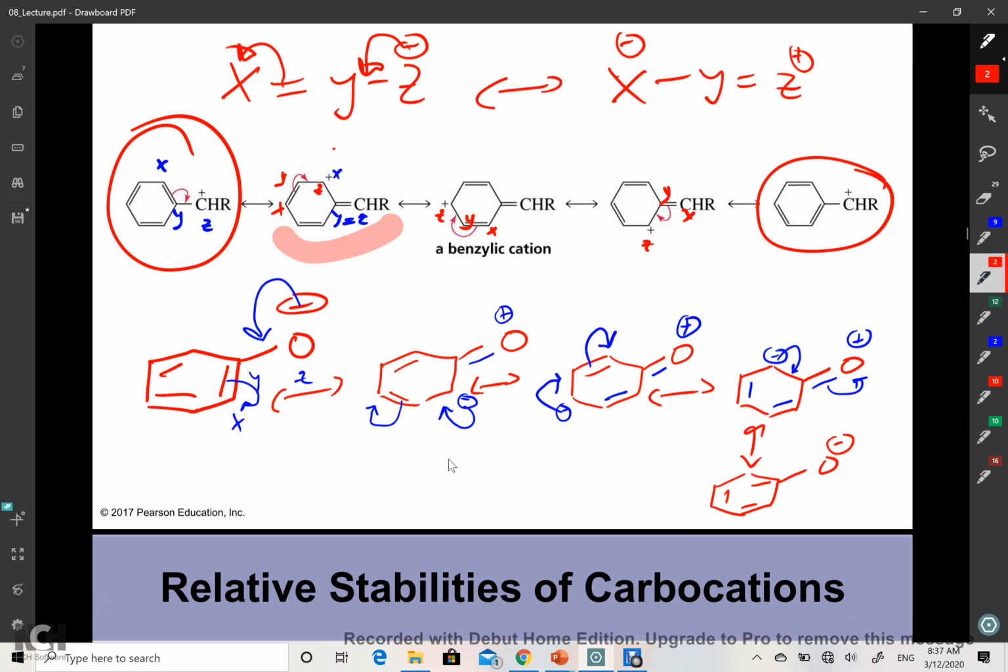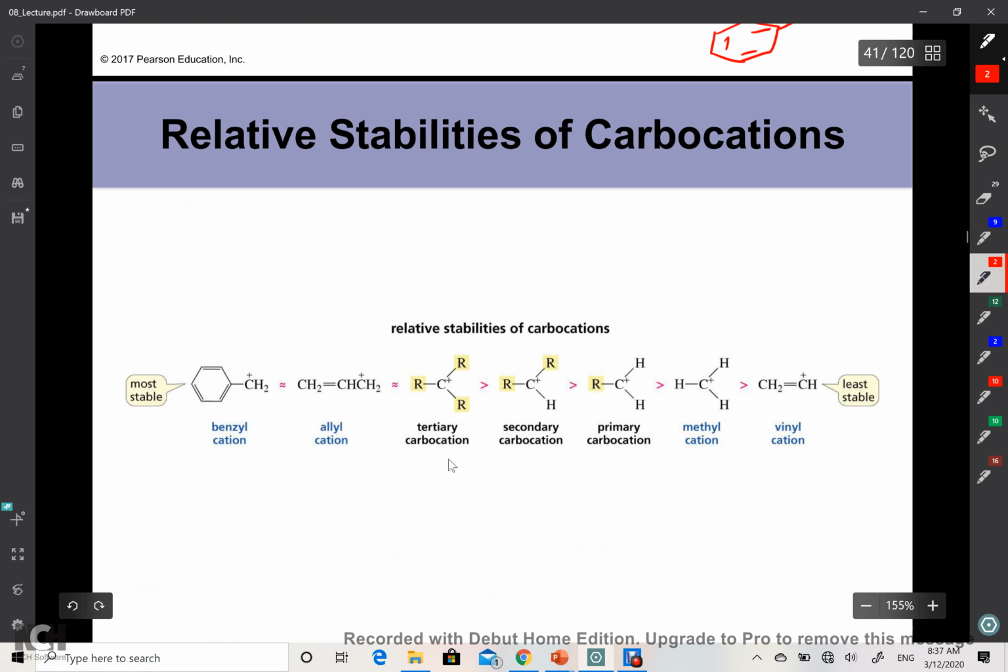Do we all have that? What I have on the board there? Do we all have that, right? Okay. So those are the different resonance structures you will have. That's good for practice. You have more examples in your textbook. That's how you draw those resonance structures. So, relative stability of